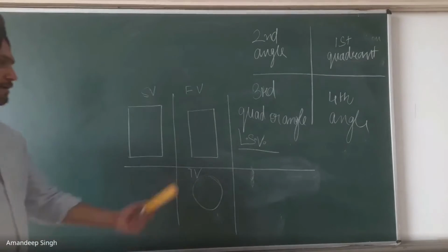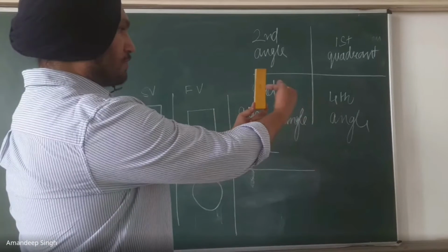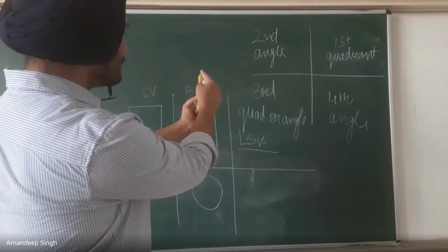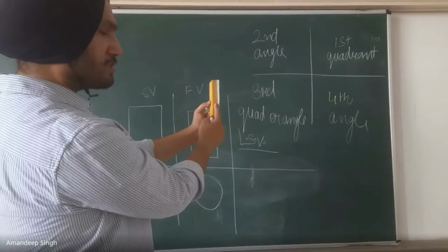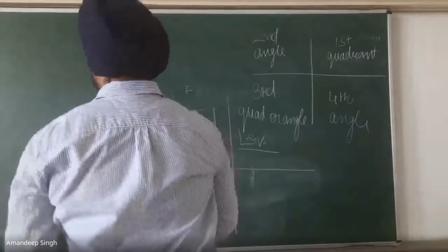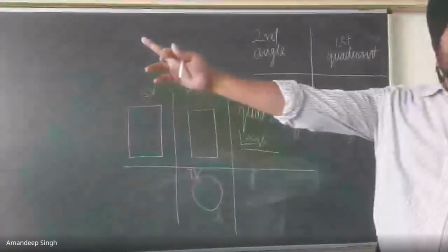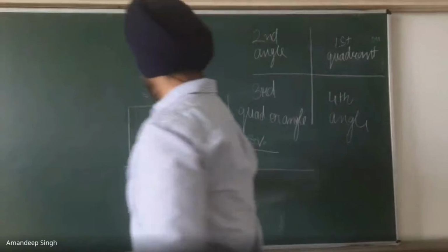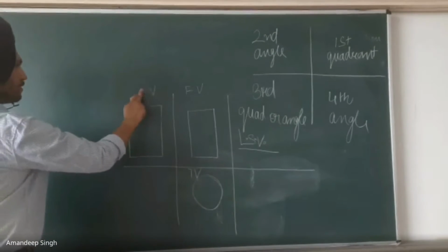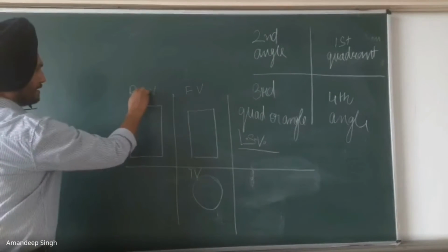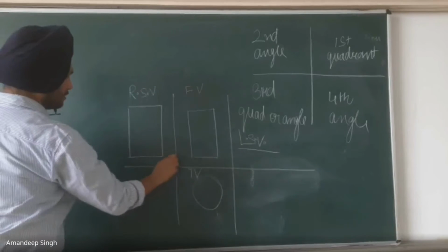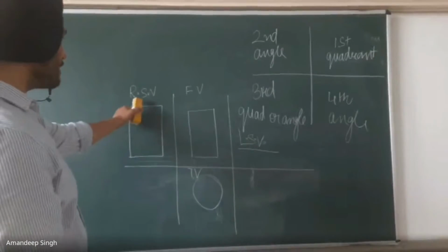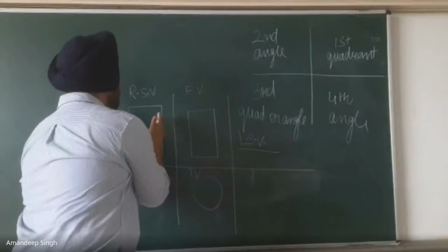And if I am watching this duster from the right hand side, then I can see this whole face of the duster or cylinder on a profile plane that is right there to the left side of the front view. So this side view is called the right side view of the cylinder. And what is the position of the right side view? It is to the left of the front view.